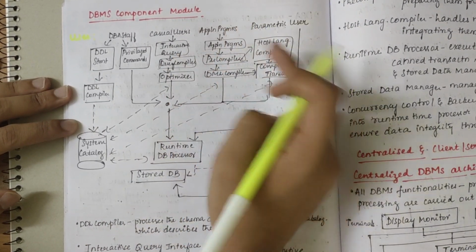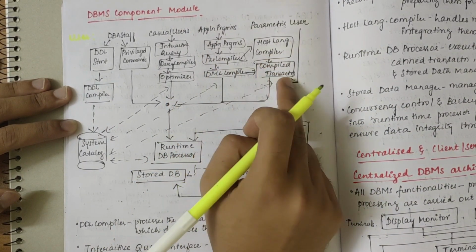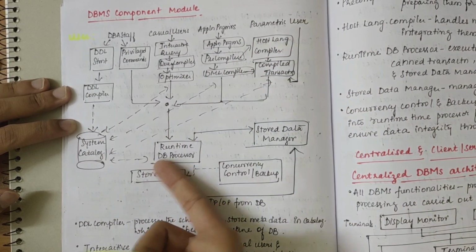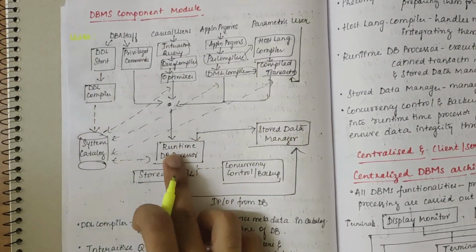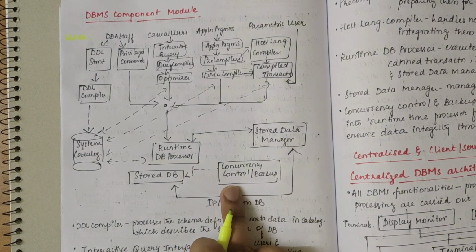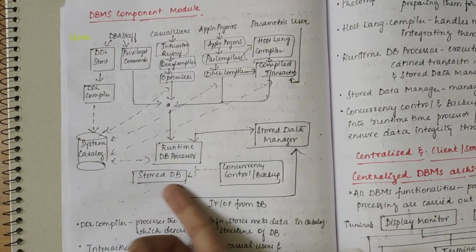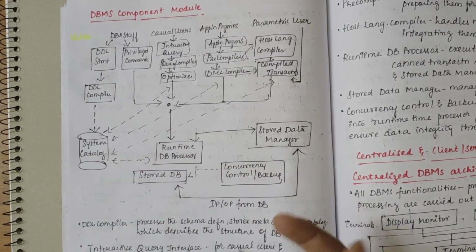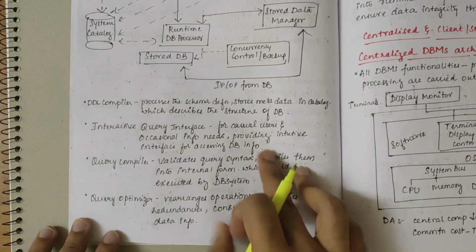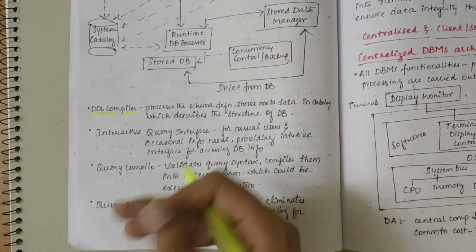Coming to application programmers, they write the program, then it goes to the pre-compiler where the host language compilation process is done. Then the compiled transactions are sent to the processor. Once all these are obtained from the processor, it is sent to the stored data manager where the important operations take place. From there, it is transferred to the stored database. So here we have the system catalog. We have discussed what the system catalog is in the previous question, right, in the starting. Once you draw the diagram, you need to explain all the important